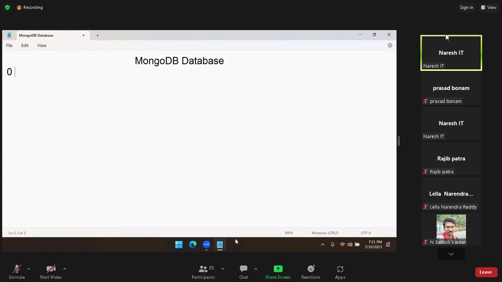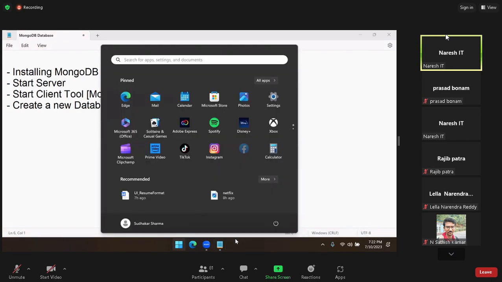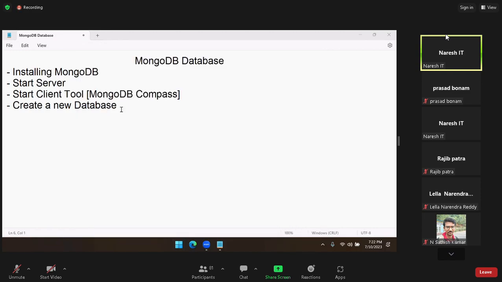So we learned installing MongoDB, and we learned about start server and start the client tool. Client tool is MongoDB Compass you have. And we learned create a new database. So this is the MongoDB Compass. And here